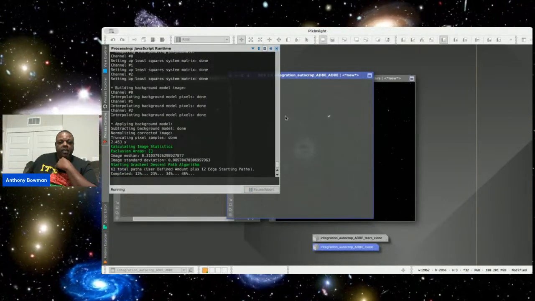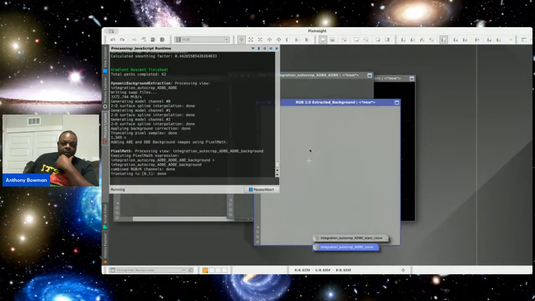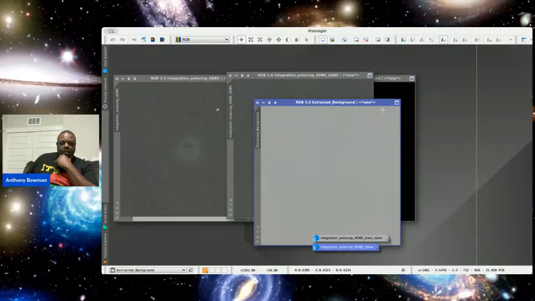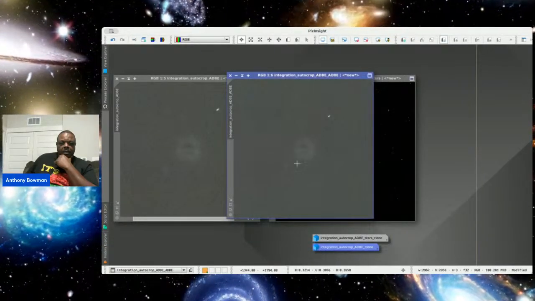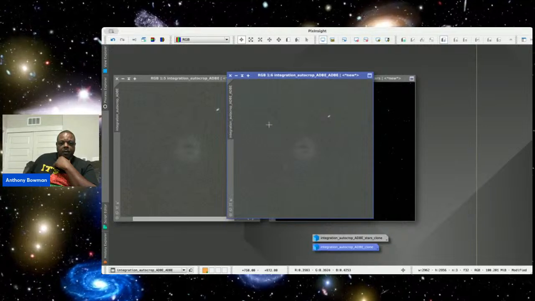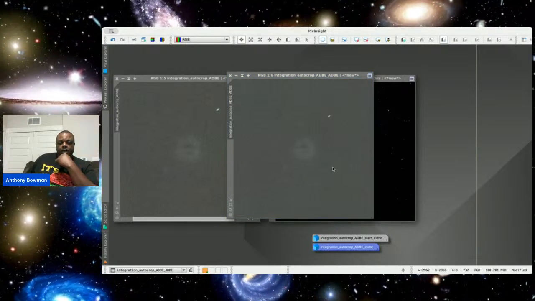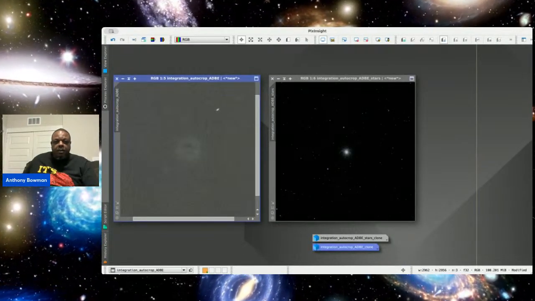See if I can extract a little more, get a lot of that out of the picture. No, that didn't work. Okay, so we'll use the curves. Yeah, let's use the curves.